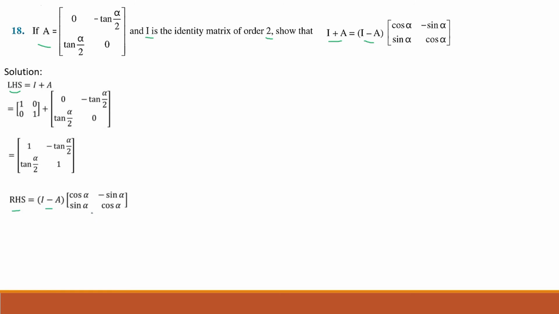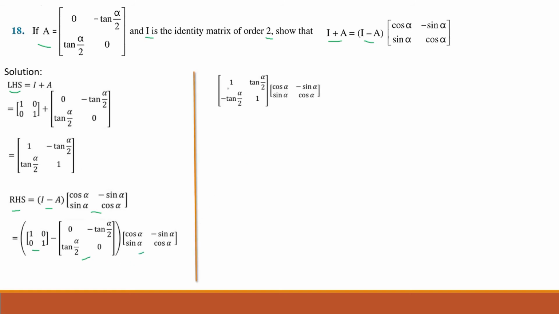अब RHS के ऊपर आते हैं हम लोग, which is I minus A into cos alpha minus sin alpha and cos alpha. So we will simply write all the matrix in this format only, which is I minus A matrix into this matrix. I minus A करेंगे simple, 1 minus minus gets cancelled, it will be plus tan alpha by 2, 0 minus tan alpha by 2 and 1 minus 0 is 1. Now multiplying these two matrix, which is 1 into cos alpha plus tan alpha by 2 into sin alpha and so on. So मल्टीप्लीकेशन करने के बाद हमें कुछ ऐसा मैट्रिक्स मिलेगा।